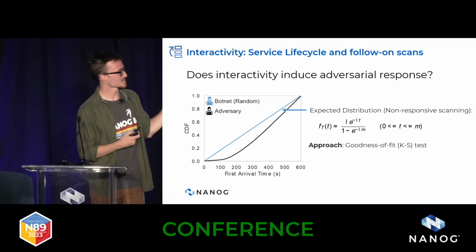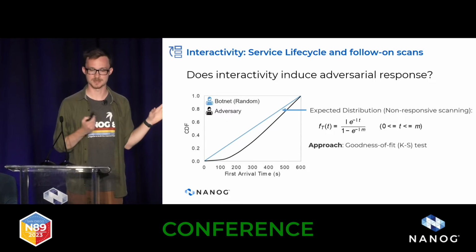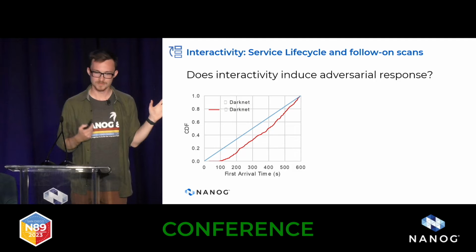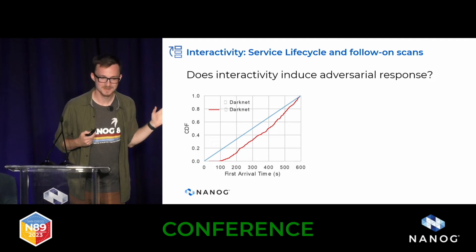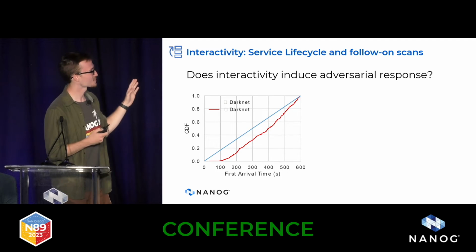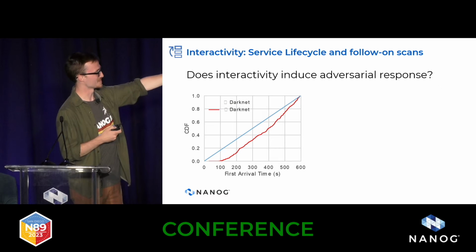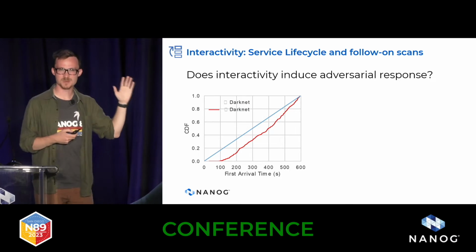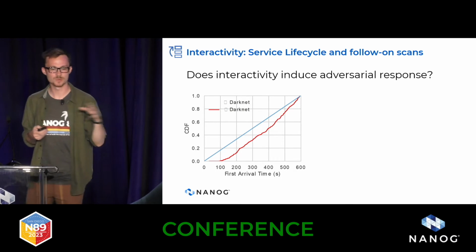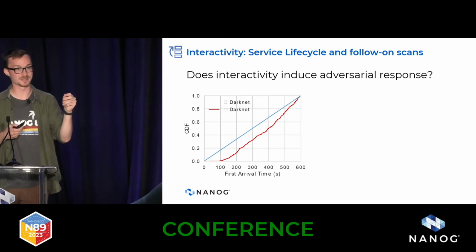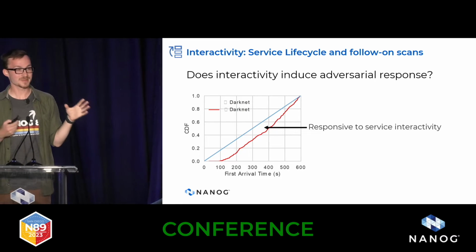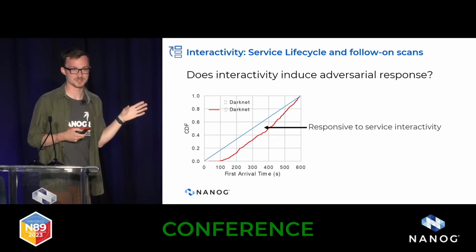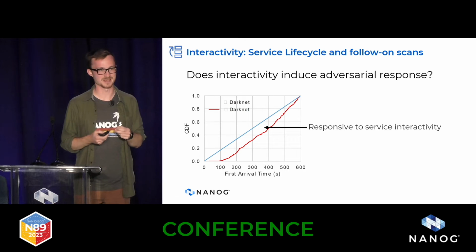And so we did this test on the millions of scanners that contacted our telescope, and uh-oh, there are some lines missing there. Okay, what we found was quite interesting. There's a bunch of black lines missing here, but the red line is effectively where they all are. We found a variety of scanners that were delayed in time. They followed where that black line originally in the last slide would be. And so they have to be responsive to service interactivity. They can't simply be scanning the internet at random.